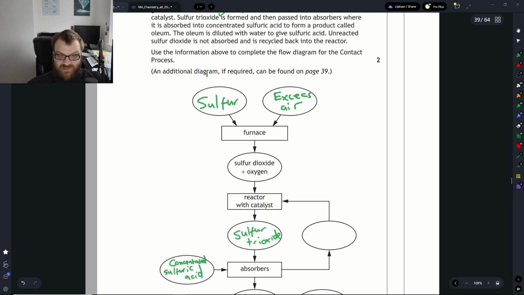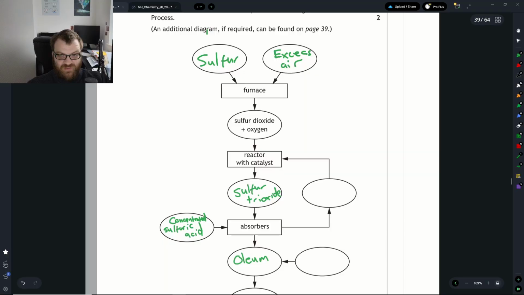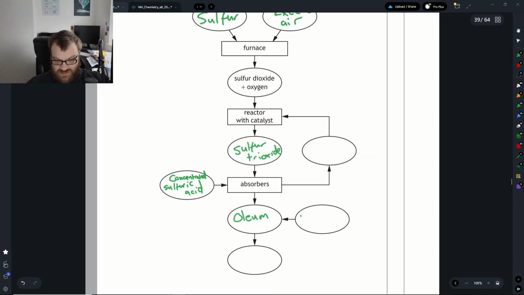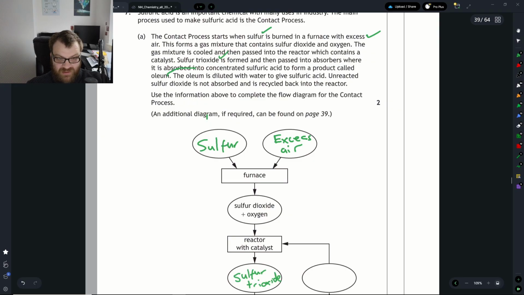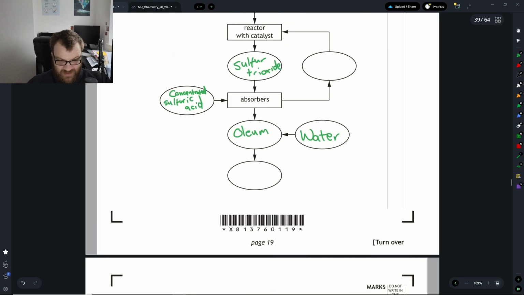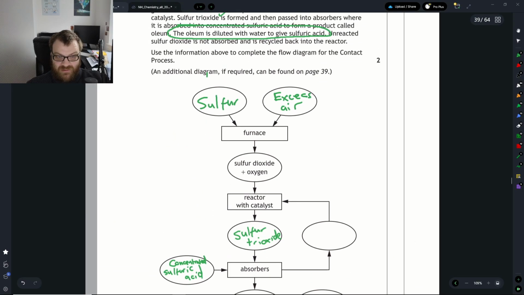Something that's being cycled, that's been put back in. Then oleum is diluted with water. That means water. Yeah, so I'm just going to give sulfuric acid. That will be the bottom answer. Last of all, I saw the word recycling. Unreacted sulfur dioxide is not absorbed, cycled back to the reactor, which is happening here. So this has to